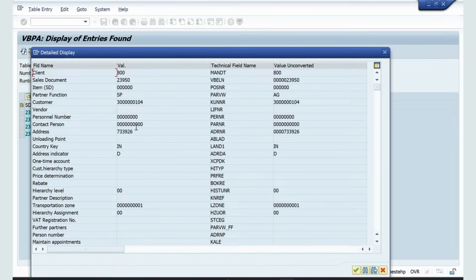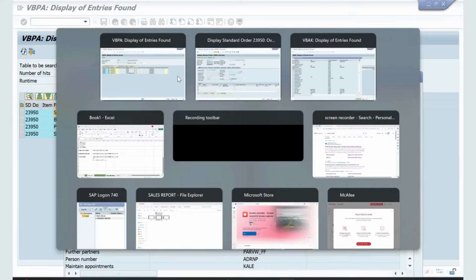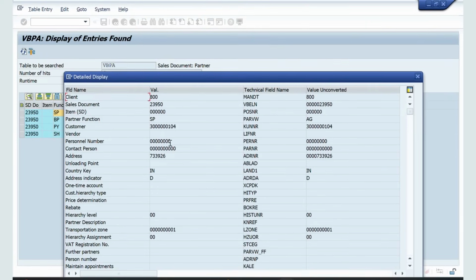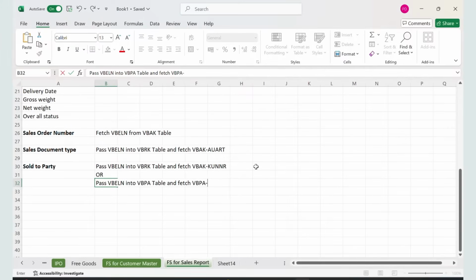So how to fetch sold to party from the VBPA table? Simple. You have to pass VBELN into the VBPA table and fetch sold to party. From which table? VBPA. And what is the field name? Here is the sold to party, and the field name is KUNNR. So fetch VBPA KUNNR